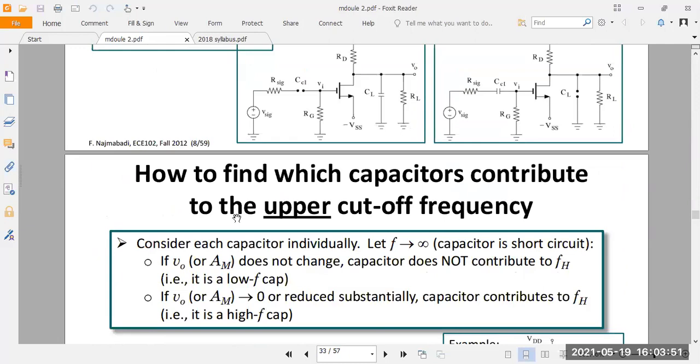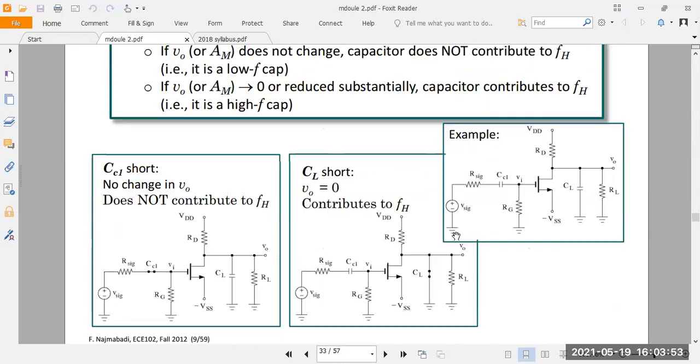When I come to the higher cutoff frequency, the upper cutoff frequency, the capacitance acts as a closed circuit. For the high frequency response, the capacitance acts as a closed circuit. When it is closed, there is no change in the output voltage. Same for the load capacitance: when the capacitance is a closed circuit, the output voltage becomes 0. Why? Because whatever voltage you get across the output side goes to ground through this capacitor. This capacitor acts as a discharging capacitance. That's why V0 is 0. Understood?